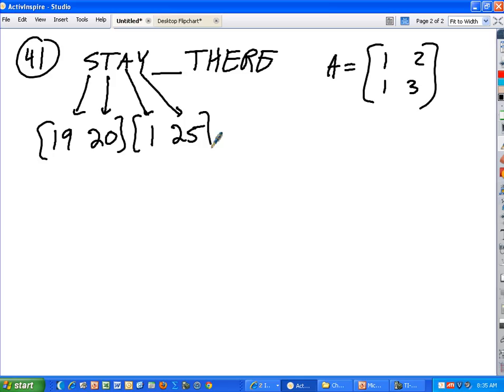So if we want to encode this, we're going to multiply these guys times A. For example, 19, 20, the row matrix with entries 19, 20, times